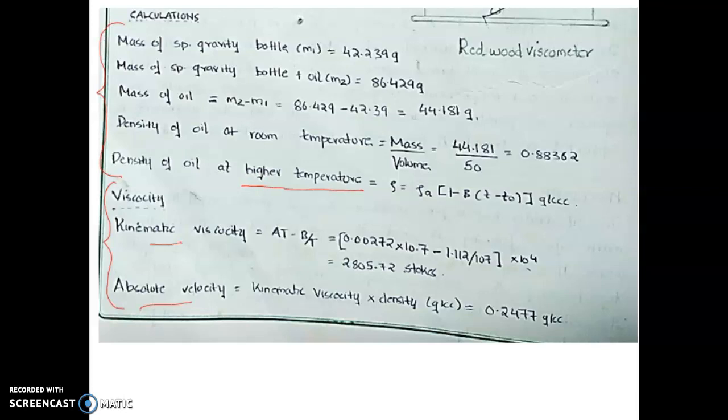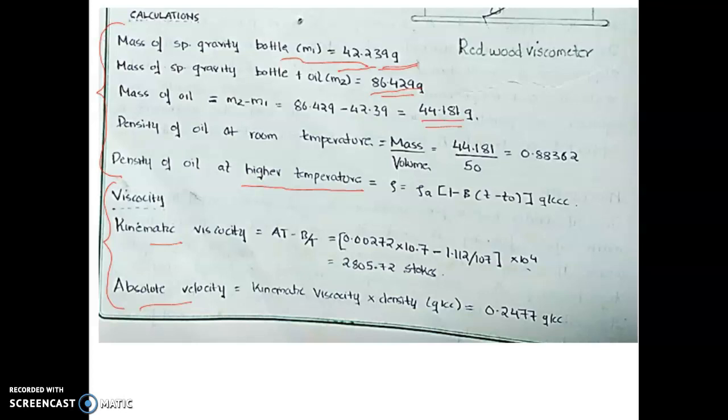For determining the density of oil, we have to measure the weight of the oil. For that, first we take a measuring bottle. Using a spring balance or a beam balance, we determine the weight of the jar, M1. Then we take 50 ml of oil in that jar and its weight is taken, that is M2. The difference between M2 and M1 gives the weight of the oil in grams.